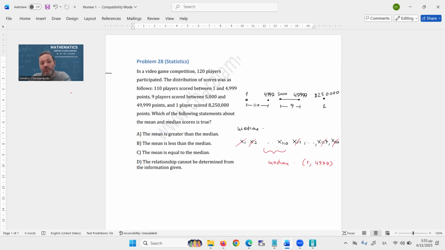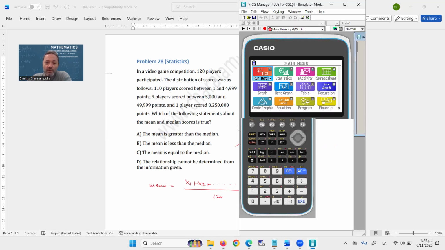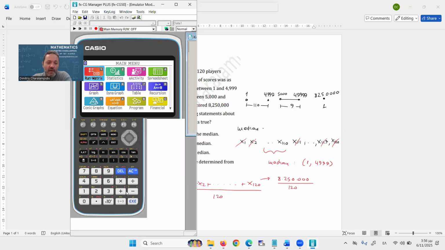However, with regards to the mean, how would we calculate the mean? We would need to add all 120 scores, and then divide that by 120. But think of that. The greatest score, the 8.25 millions, is that big that if it's just by itself being divided by 120, let's do the division, we would end up with